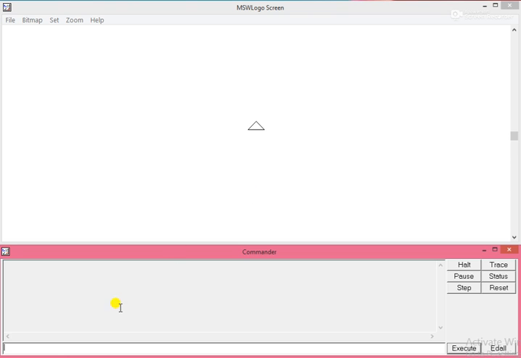The first command is the forward command. As you learned in our previous video, the forward command is used to move the turtle in the forward direction. The short form of forward is FD. Type FD, give one space from the keyboard, then type FD 100 and press Execute or the Enter key.